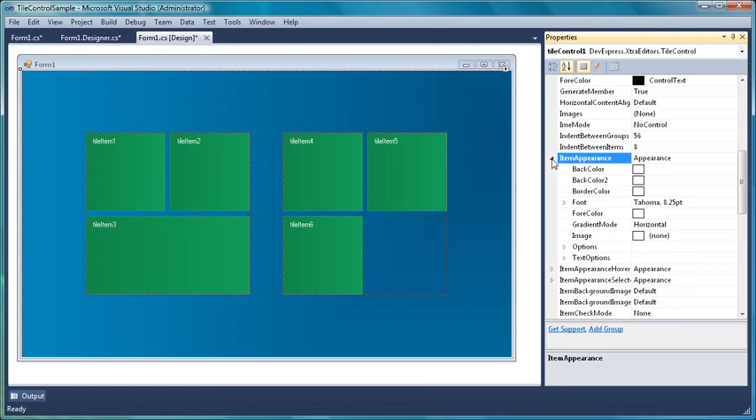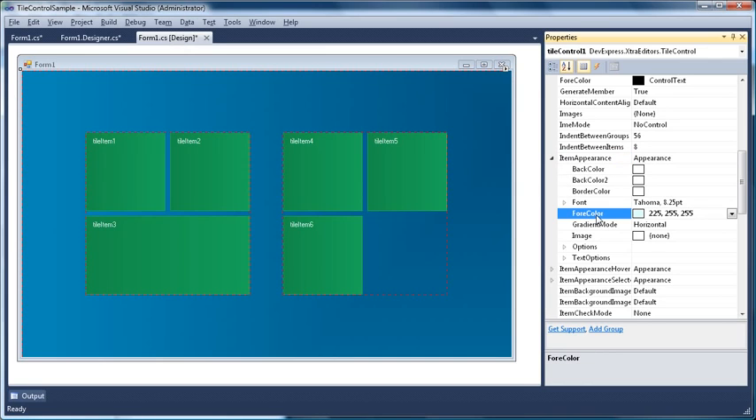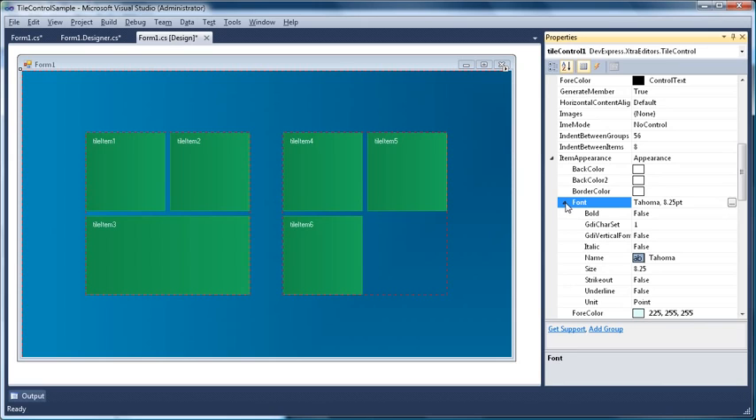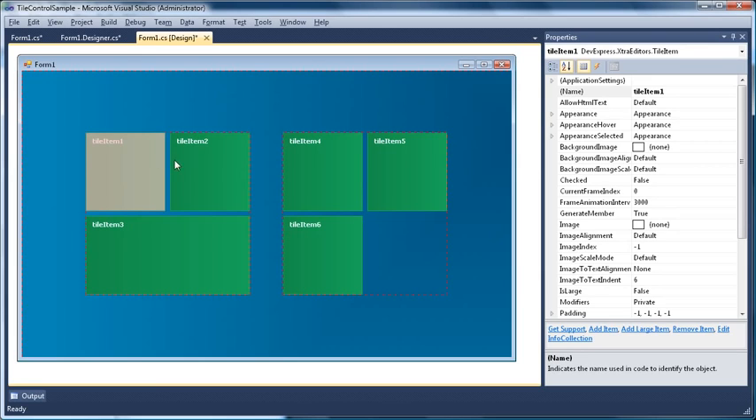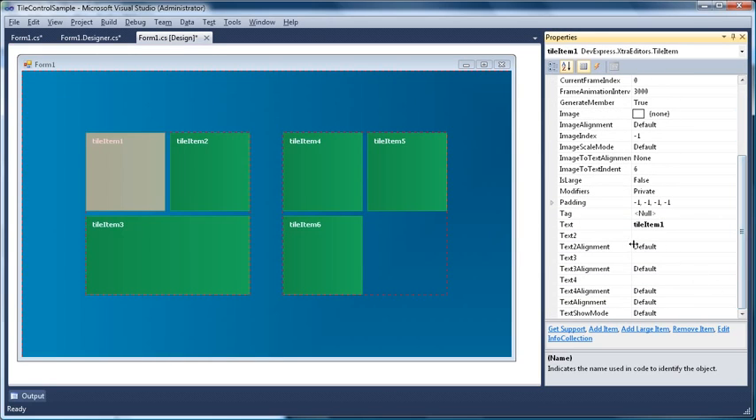Let's change the default appearance of items. For this example, we'll change fore color and enable the bold font. Let's customize individual items. Click the first item and its properties will be listed in the Visual Studio Properties window. Set the item's text, the item's image,